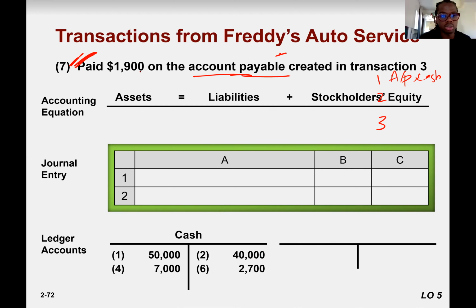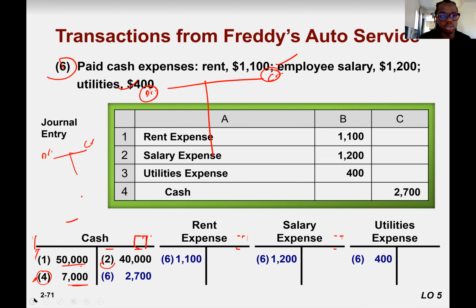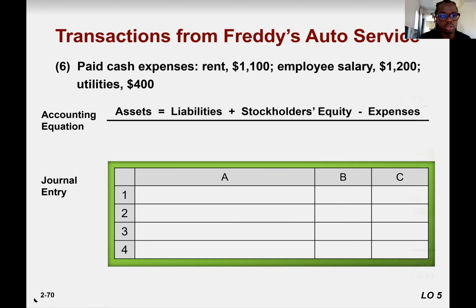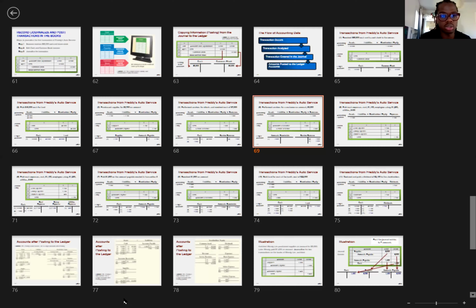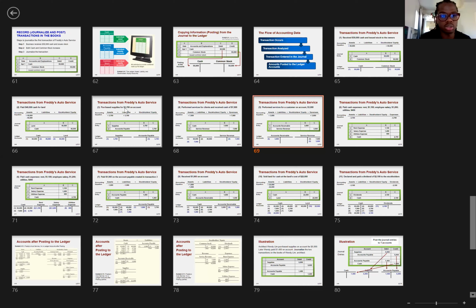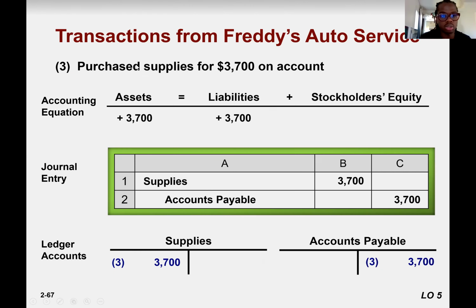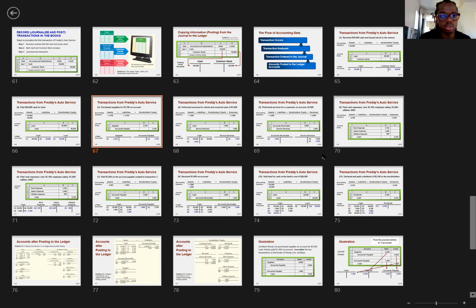Paid 1,900 on the account payable created in transaction 3. So in transaction 3, what happened? In transaction 3, we purchased supplies 3,700. So we increased our accounts payable with 3,700. And now in 6,